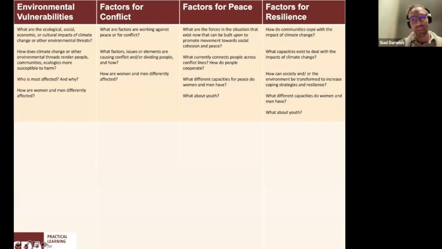We basically built this approach based on the RPP approach, which looks at driving factors for conflict and driving factors for peace, by adding two other factors to the analysis. And they are environmental vulnerabilities and factors for resilience, that dreaded word. We start the process off with getting local definitions for that. So we often don't even use the term resilience, but try to get at how local communities withstand